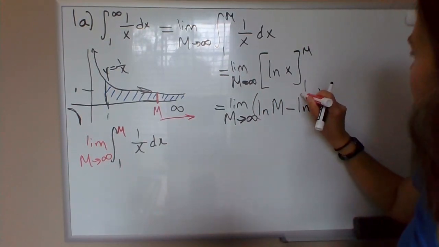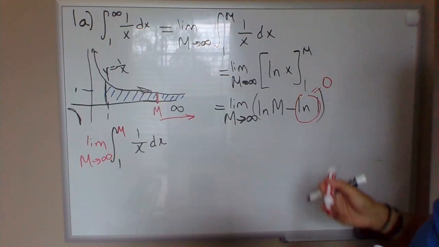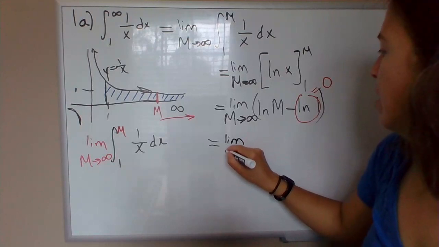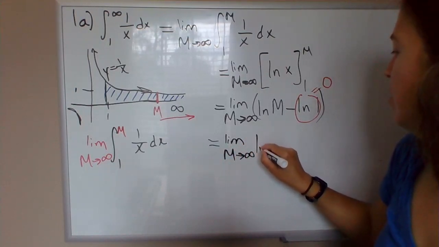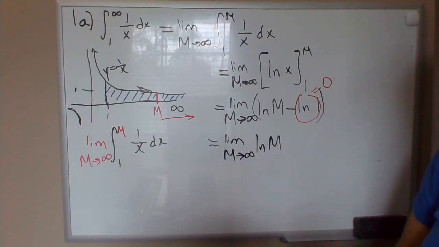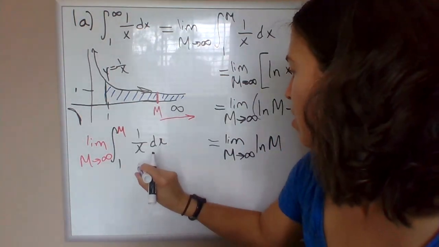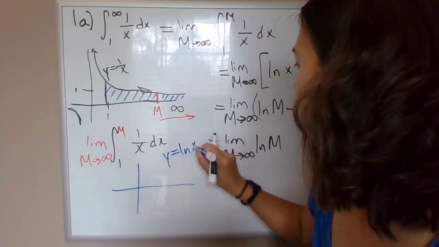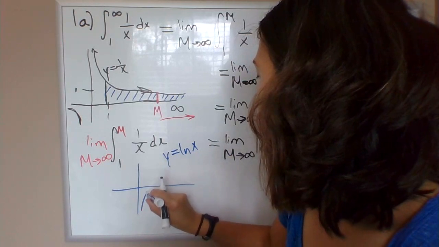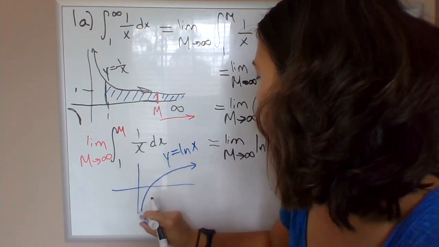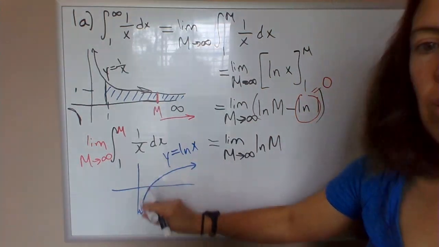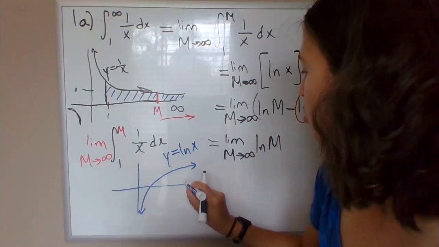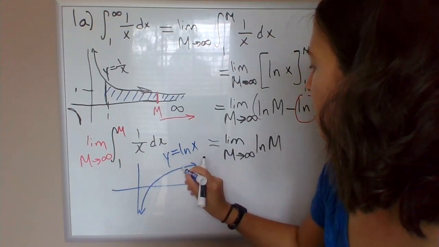Natural log of 1, this is a useful fact, is 0. It's good to remember that. So we really just need to evaluate the limit as m approaches infinity of the natural log of m. So here's where it helps to recall the shape of the graph of y equals natural log of x, which is an increasing function with a domain from 0 to infinity and a vertical asymptote at x equals 0. So as m approaches infinity, or in this case as x approaches infinity, natural log is